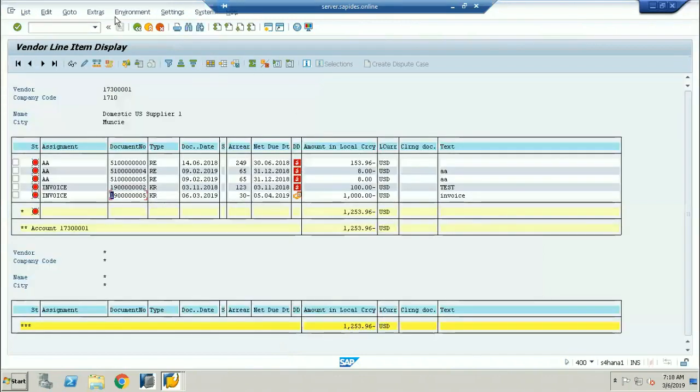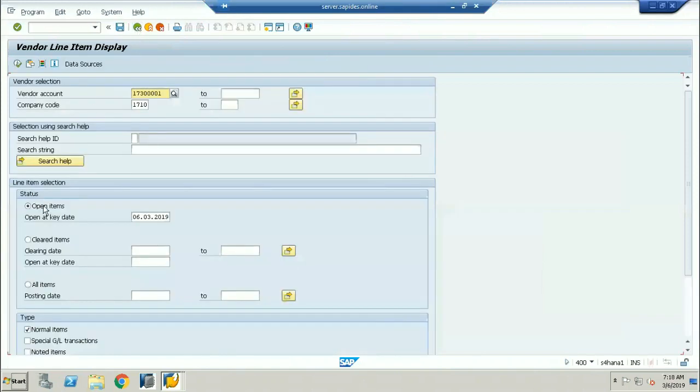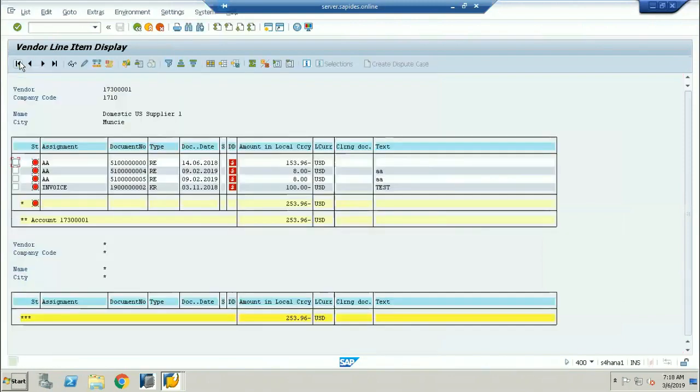Okay, now I'll go back. Again, I'm selecting the open item. Okay, where is that invoice? Now there is no invoice number in this open item list. Why? Because you have cleared that invoice. Only the remaining 4 are remaining with you. The one which you have posted very recently has been cleared. You have done a payment, so I will not show that particular invoice number in this list. Why? Because you already cleared that. How should I know that?